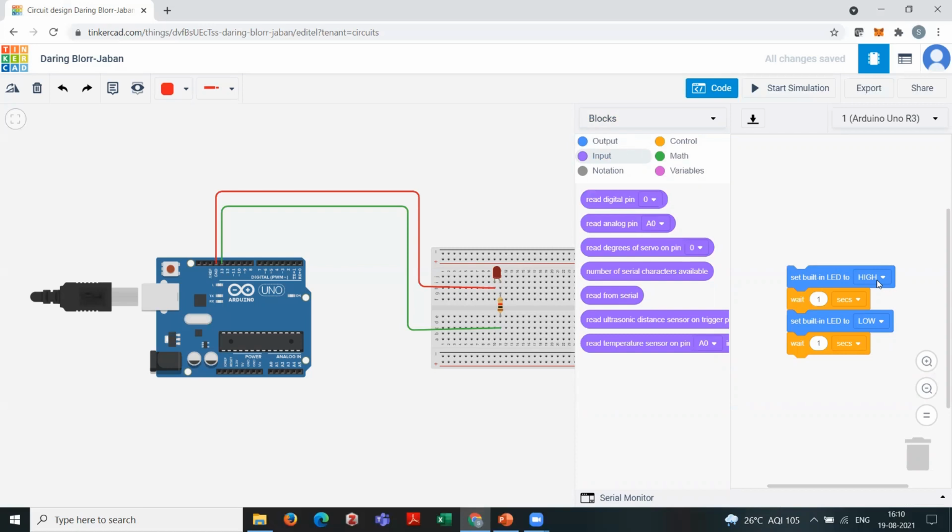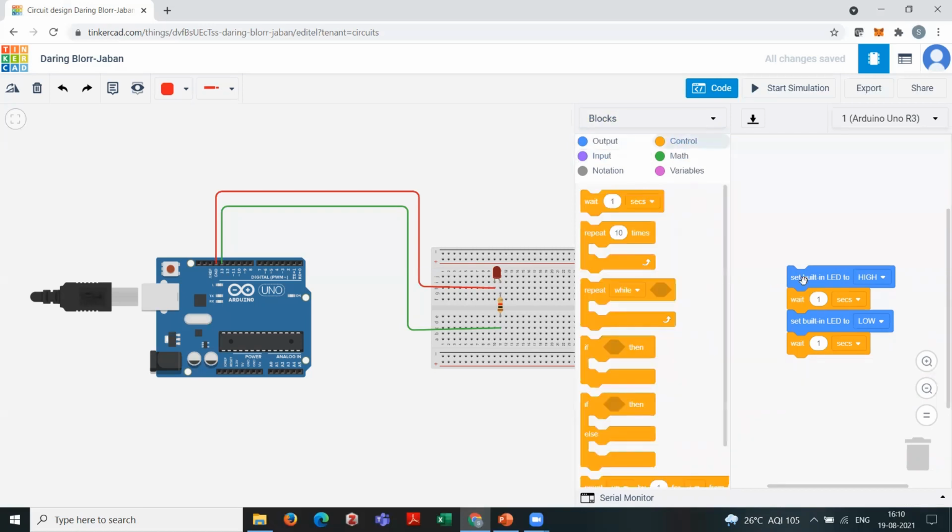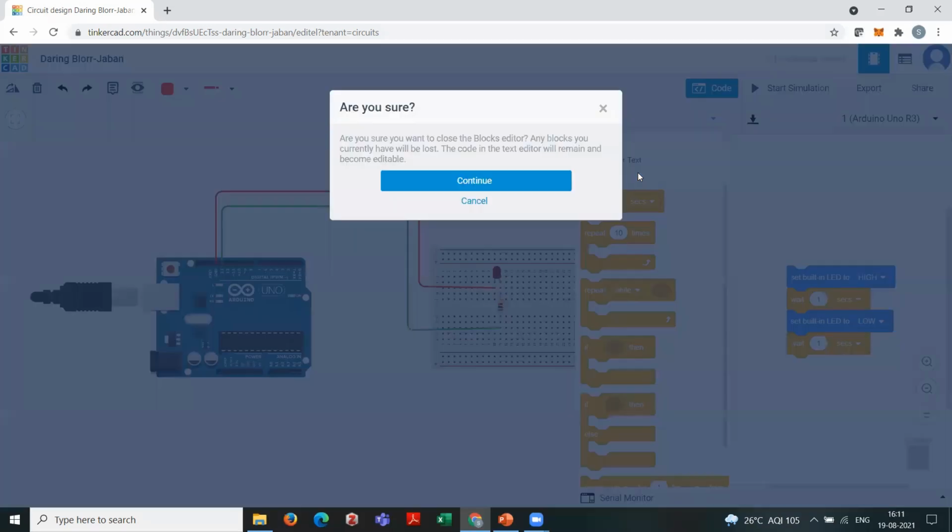Power voltage is high, wait for 1 second. Power voltage is low, and then wait again for 1 second. And likewise, in a loop, I am calling that. So this wait is in a loop. Okay, so in a loop, I am calling this function. But you are aspiring for engineering, that's why I suggest you use the text format,